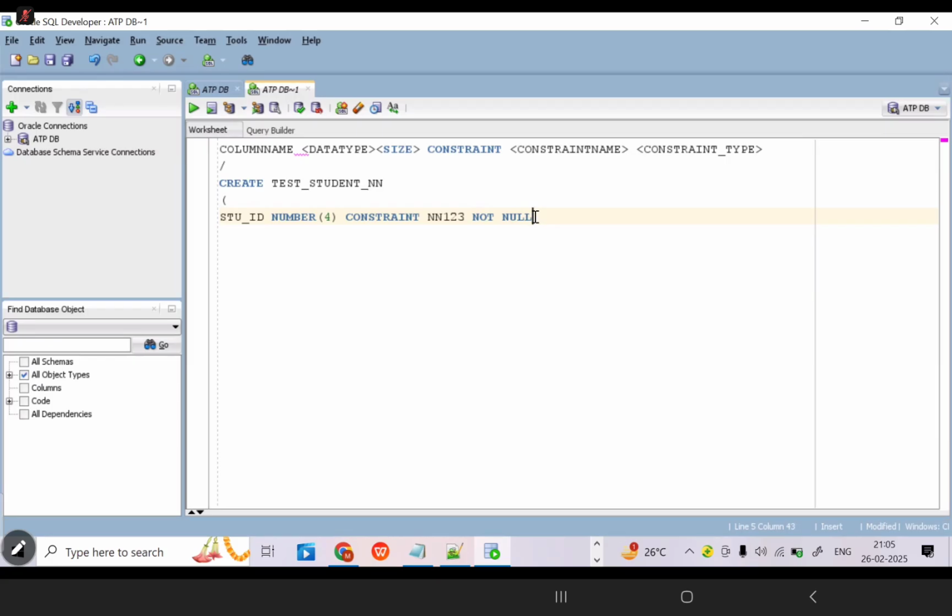Now you can see the data and tell me the answer. Student ID. Student ID column, I am going to apply the not null constraint. Correct or not? I am going to write one more column. Student name, I can give it as a varchar. I don't want to apply any constraint here. Now I am going to give it as a varchar of 10. Now I am going to give marks,